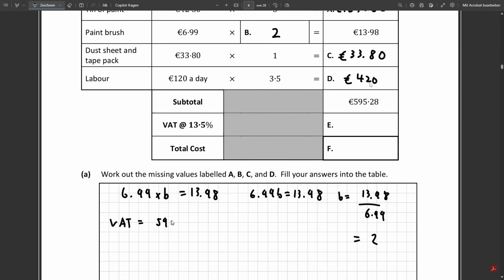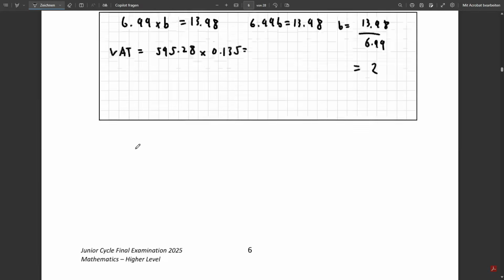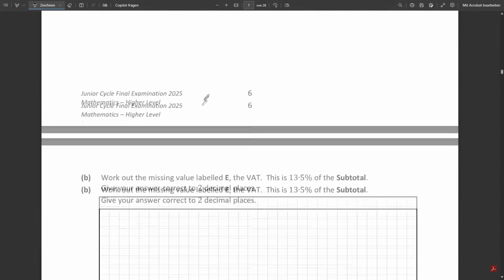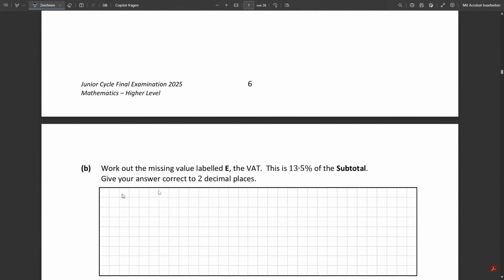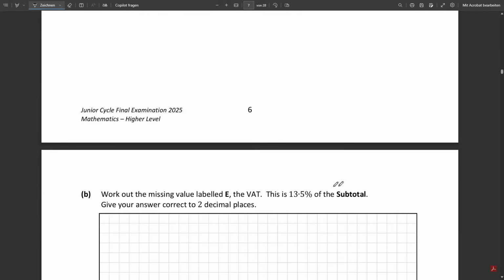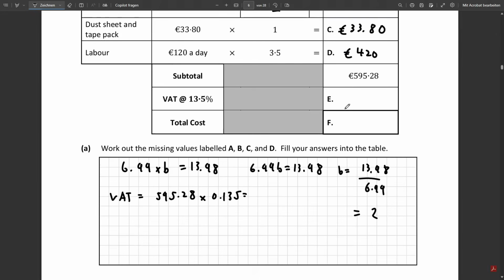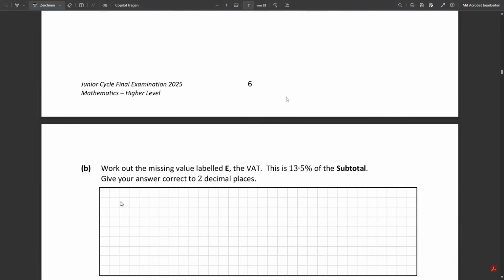595.28, we're going to multiply that by 13.5%, which is 0.135. That's equal to, sorry, this is actually going into part B. I was getting ahead of myself. So it says do it to 2 decimal places. So it's 13.5% of the subtotal, so you just multiply that by 0.135. 2 decimal places, you get